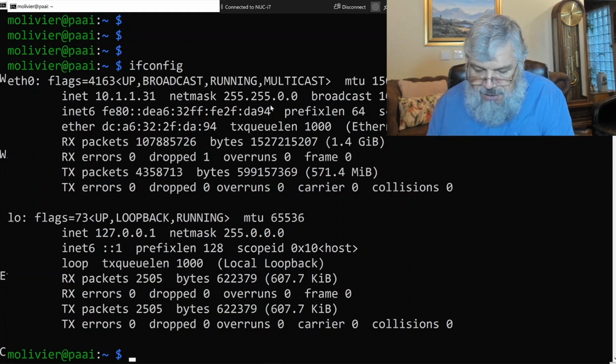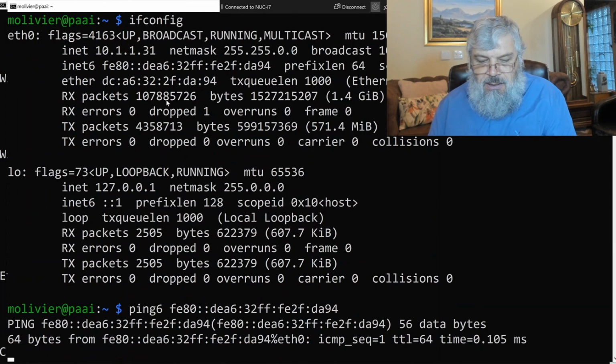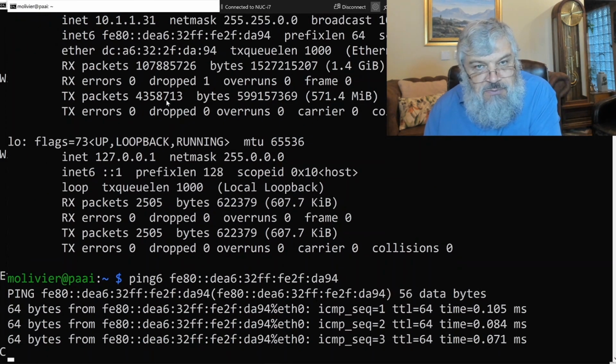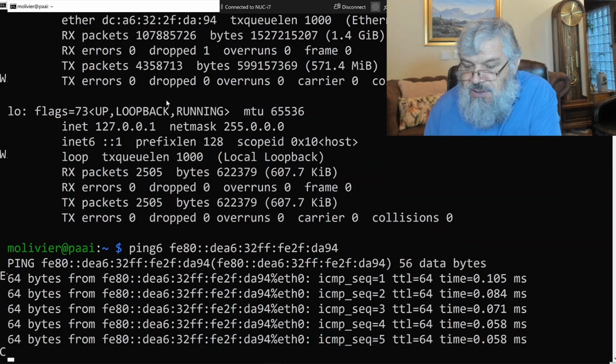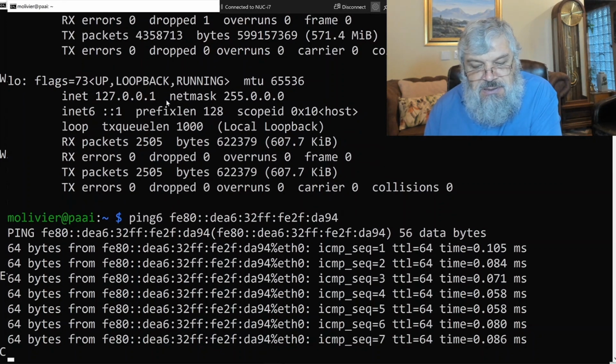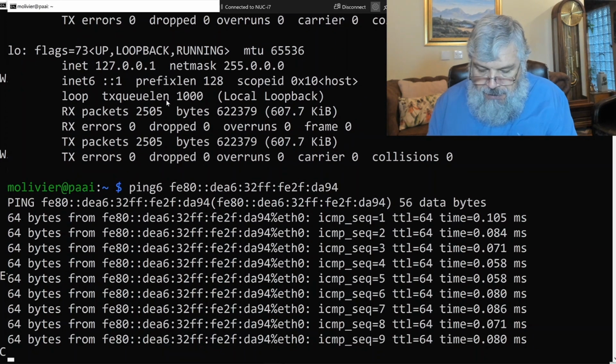If I say ping6, then you can see I am effectively pinging localhost here, and ping6 works perfectly.